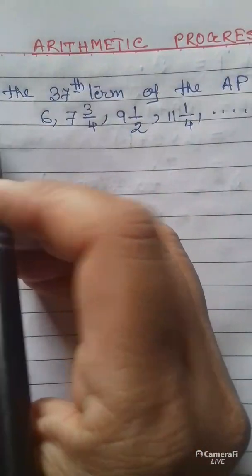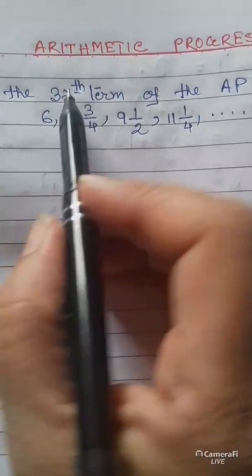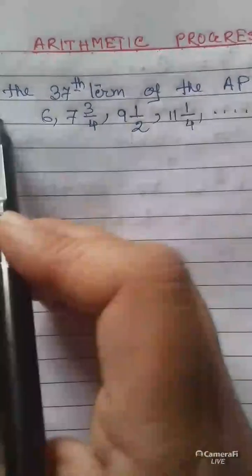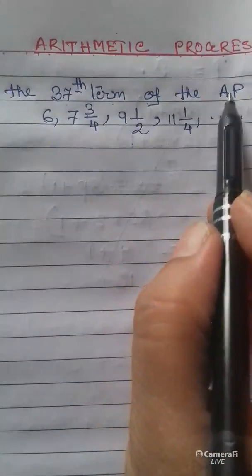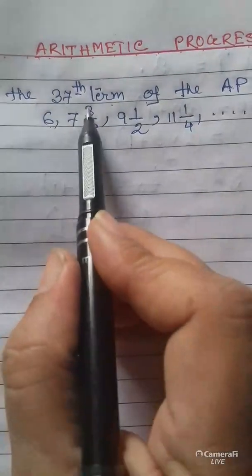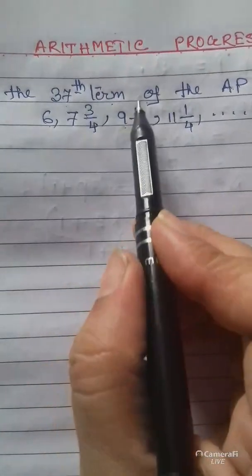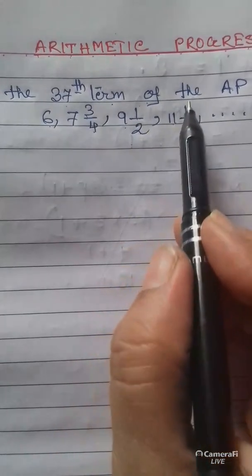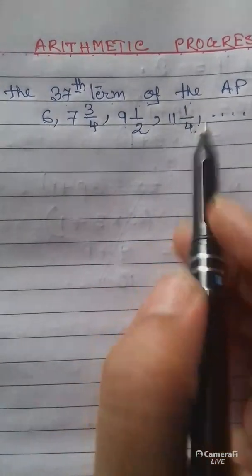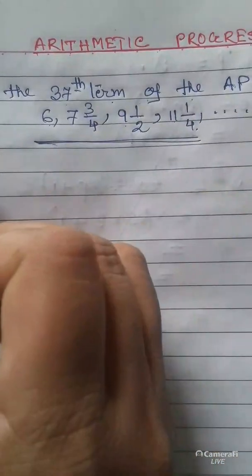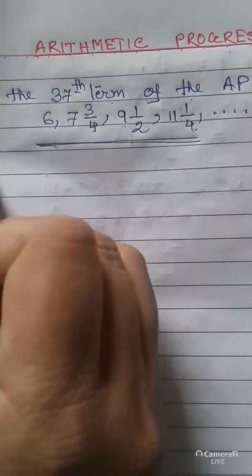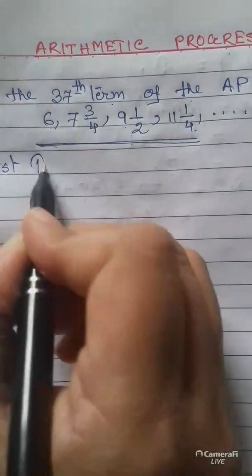Students, today I am going to solve from chapter Arithmetic Progression. Question is, find the 37th term of the AP 6, 7 whole 3 by 4, 9 whole 1 by 2, 11 whole 1 by 4. In this AP, we have first term